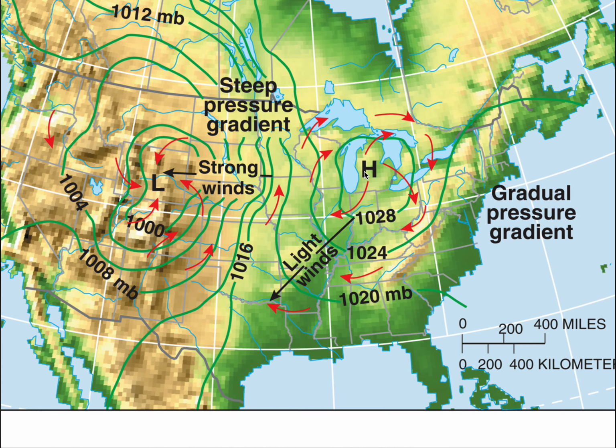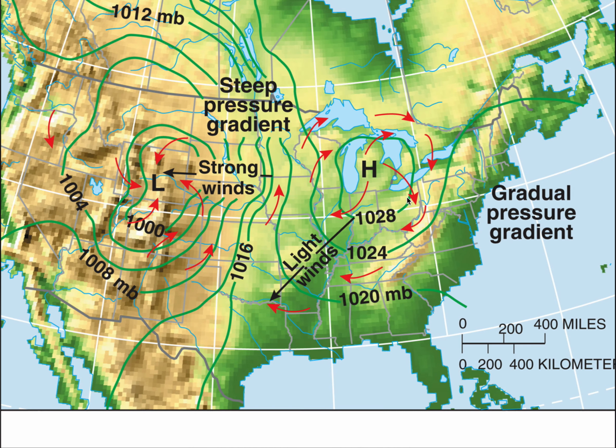If we have a high pressure cell sitting over water, it must mean that the water is cool. If the water is cool, it's taking in energy, it's not giving it off, which means it's got to be a summer scenario in this diagram. So we've got a summer condition where we're taking in energy, creating a high